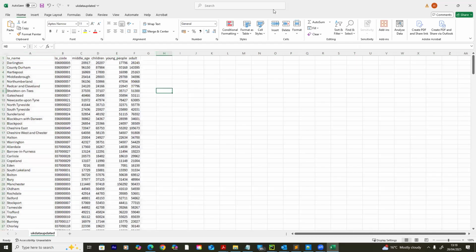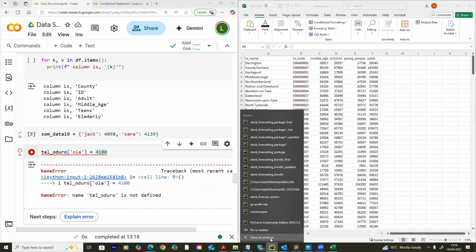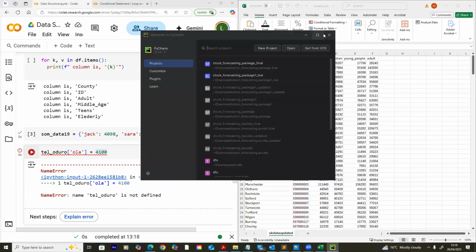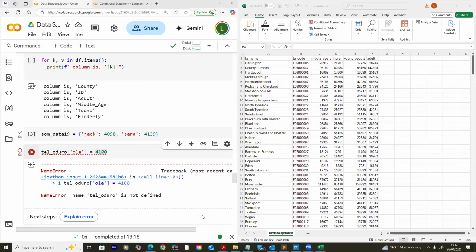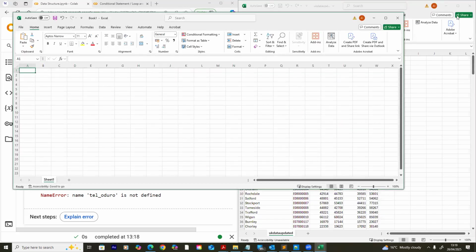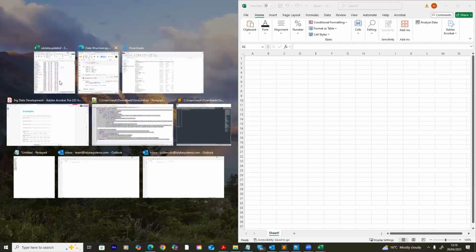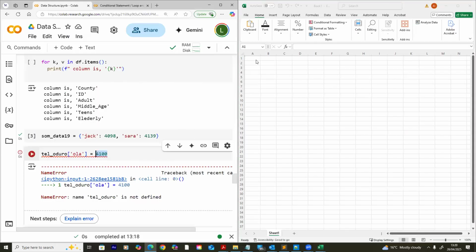You have your CSV here. Let's say this is... sorry, one second. So let's say this is... let me open the Excel file. That will make sense and that will be clear. Okay, let me close this one. So for key, what we're doing here is we are saying this is